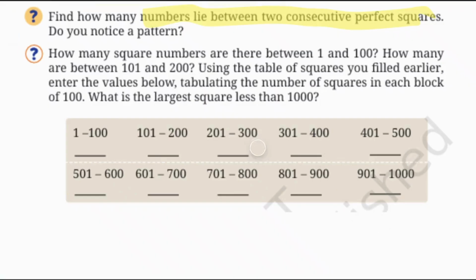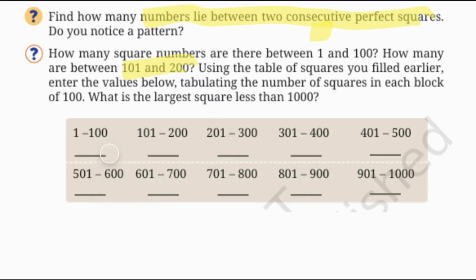Okay. Now next, how many square numbers are there between 1 and 100? Or how many square numbers are there between 101 and 200? See, here we can easily calculate like this. But you know, there is a pattern. What pattern? Basically,